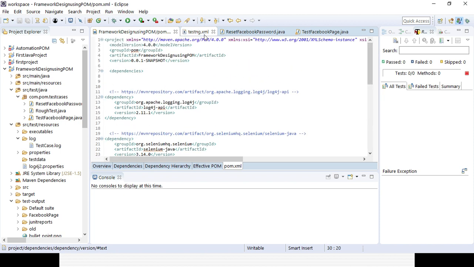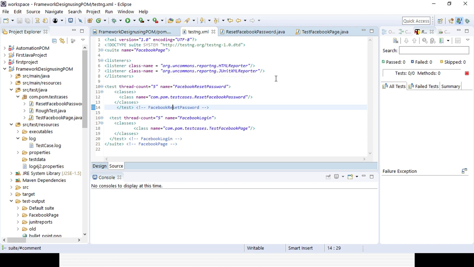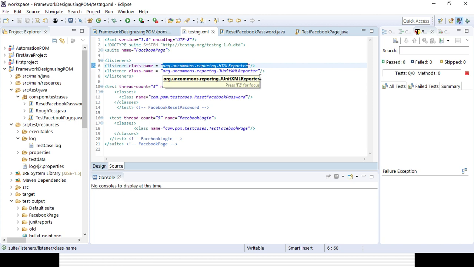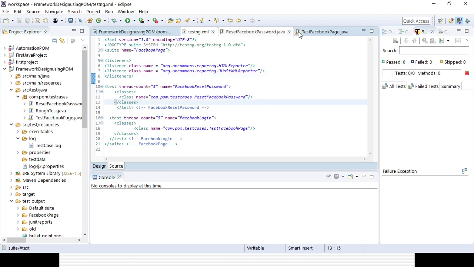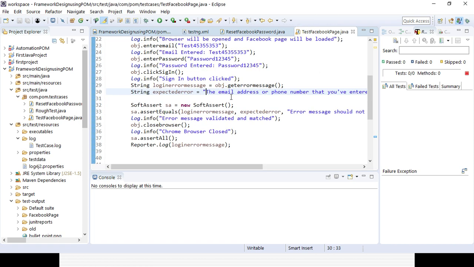Now let's go to the testng.xml file, where we have added these two listeners: one is the HTMLReporter class, one is the JUnitXMLReporter class. Now we will try to generate the report, and before that I want to fail one test case, so this is the fail test case. I want to fail it, and this test case I need to pass.